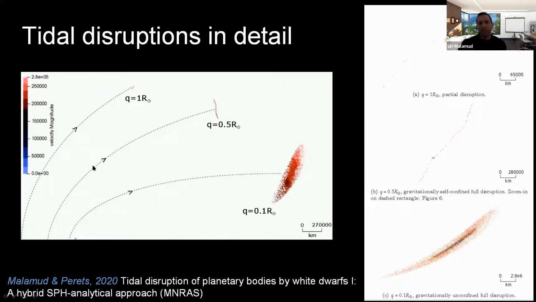And in the intermediate case, this is the sort of fiducial canonical model of what a tidal disruption looks like. You form a narrow tidal stream, which you can see in this image after it gets a little bit further out from the Roche limit. You can see that this tidal stream is gravitationally self-confined, so it collapses on itself to form these fragments. Some of these fragments, as I mentioned, are unbound. It means that they will go to interstellar space.